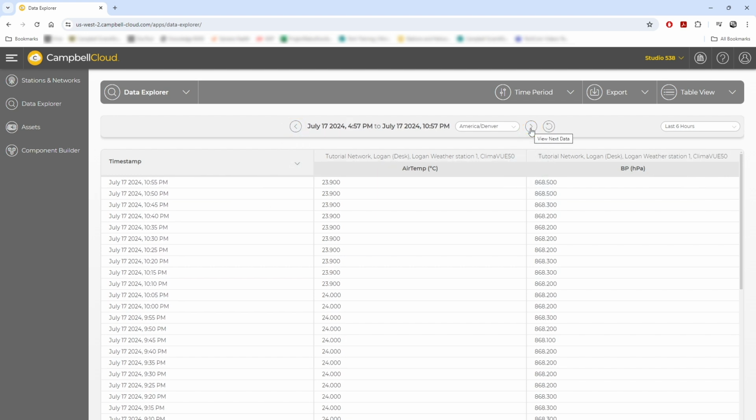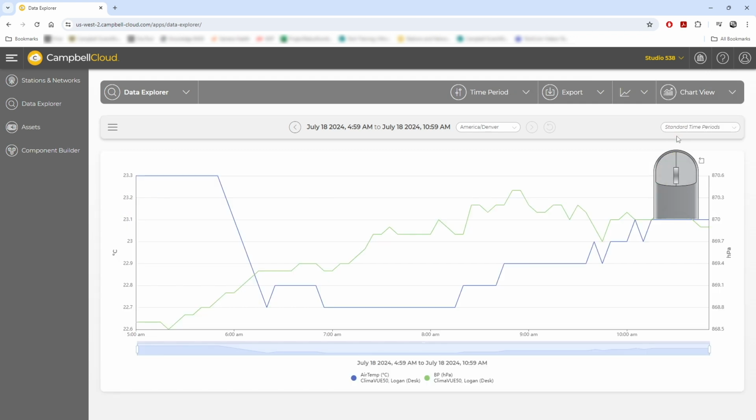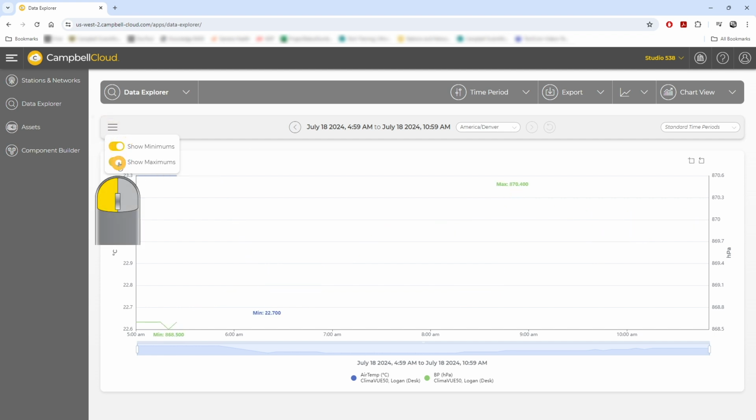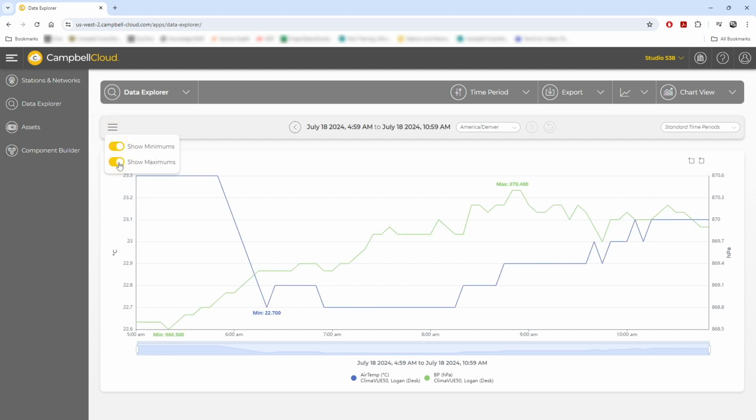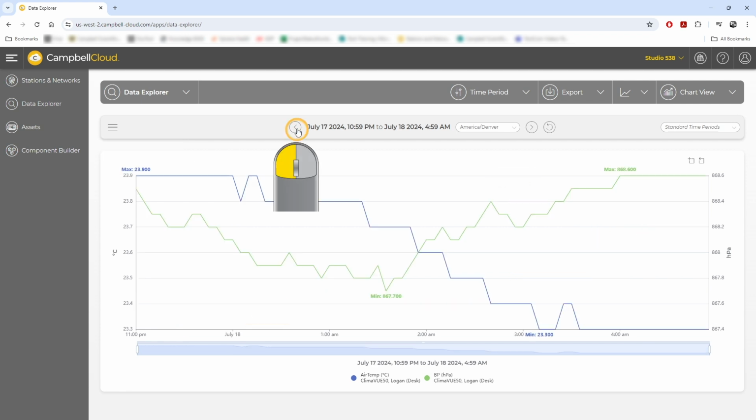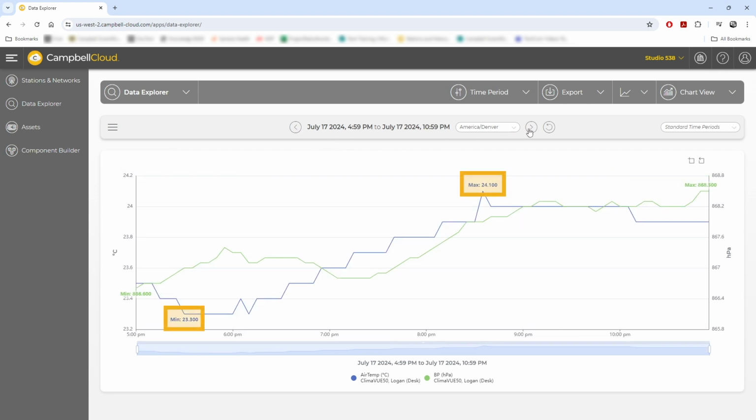The Reset button will reset my view back to the most recent data and set my time zone to the time zone set in my settings. In Chart View, if I want to see the minimum or maximum values shown in the chart, I can click on the hamburger button and click the toggle switches for Show Minimums and Show Maximums to have those values displayed. When active, the minimum and maximum values for the data shown on the current screen will be shown. If I use the back arrow to show older data, the minimum and maximum values for that screen will then